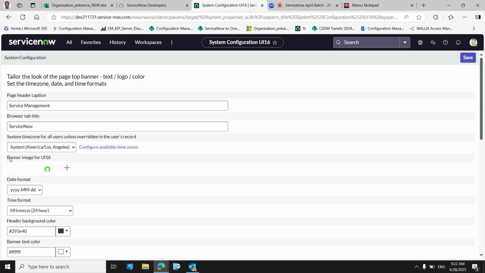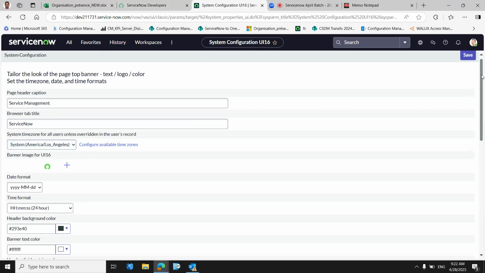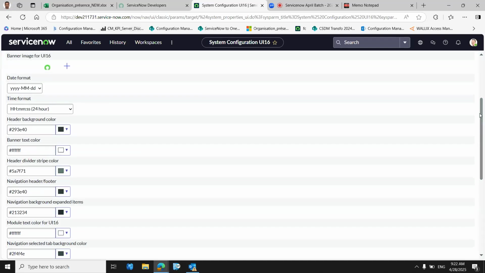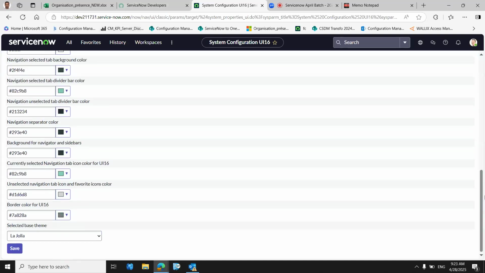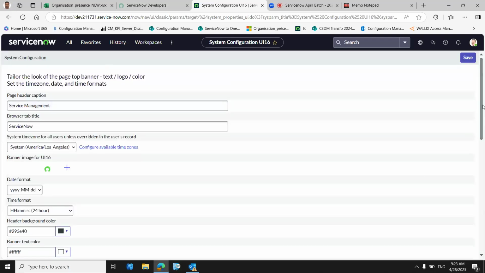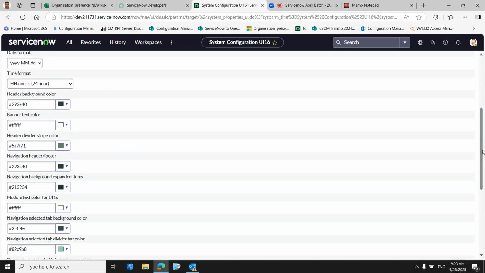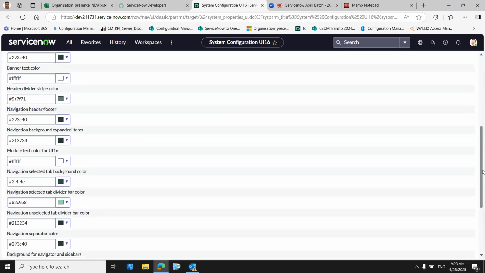So here we have the banner image for the UI 16. You can click on it. Here we have the plus symbol to update the change, and the page header caption. So here you can see Service Management and the browser title tab, everything you can see here, and you can change it if you want. The system time zone, the background colors, and banner color you can change. Normally we don't do this, but here we have the options to change the colors of your interface. Okay,